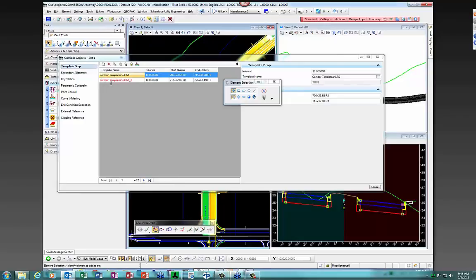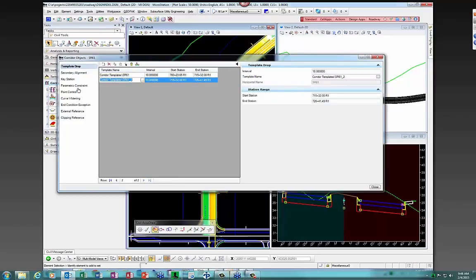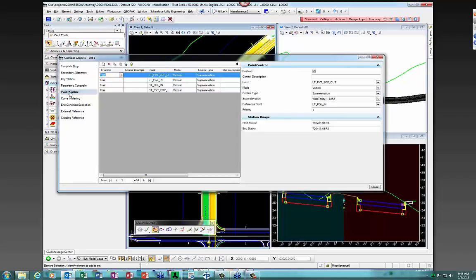And disregard this red template, it just probably needs to be synchronized. But if I look at the point controls section of this, you'll see that now I have 4 superelevation controls. So that's just like in SS2, where when you applied the superelevation wizard, what you were really doing was creating